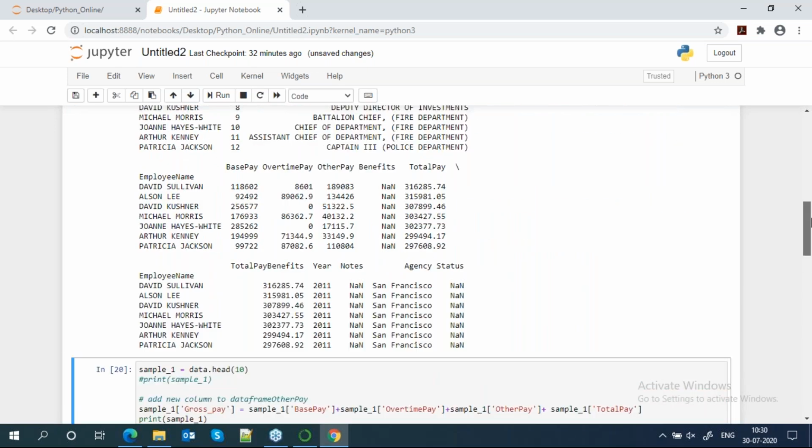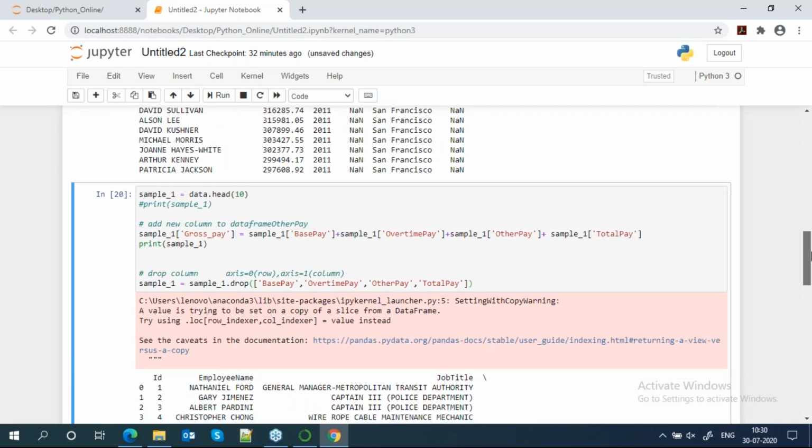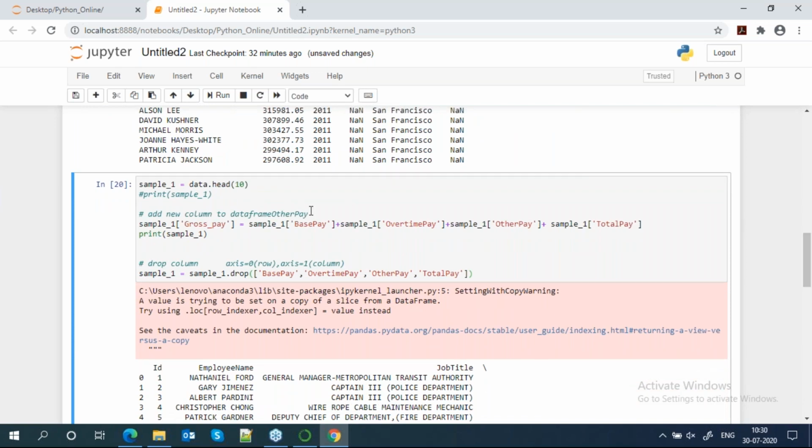Not found in axis means we have two axes. As I told you, we have two kinds of axes: one is the row axis, one is the column axis. While dropping a particular row or column, you need to define the axis. Axis means whatever you drop is at column level or row level.